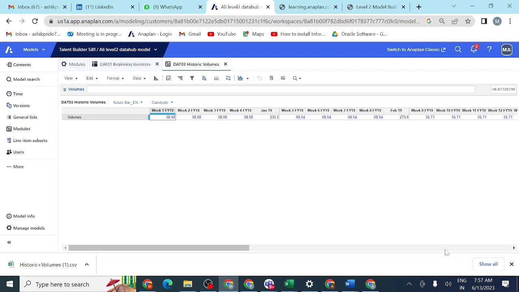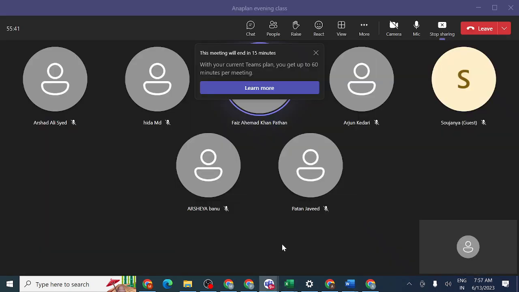One doubt, sir. Yes. Sir, if we make any mistake, just like now, can we directly go to the import and import again, sir? Yes, we can import again. I thought that if we make any mistake while importing, we need to go to the history and restore the ID. I think there is no need for that.